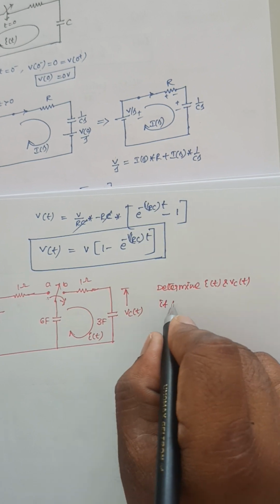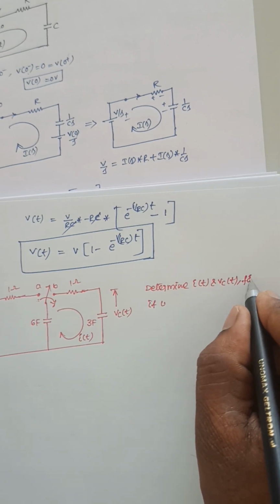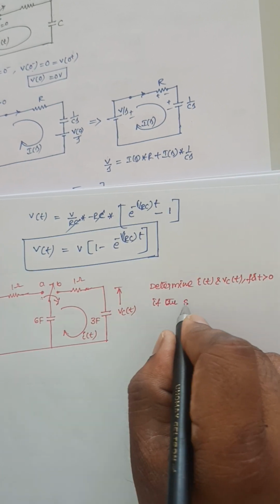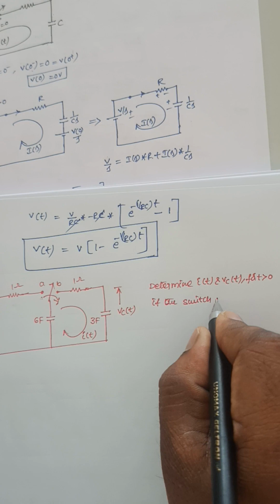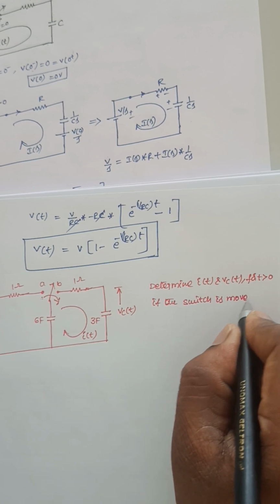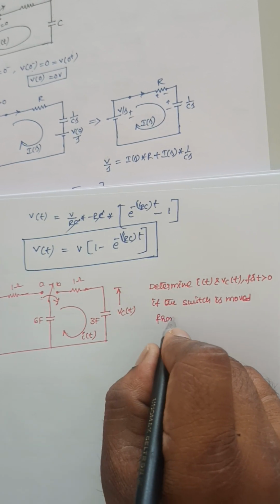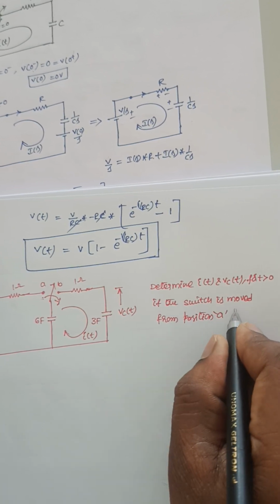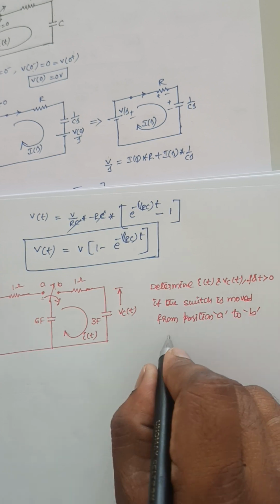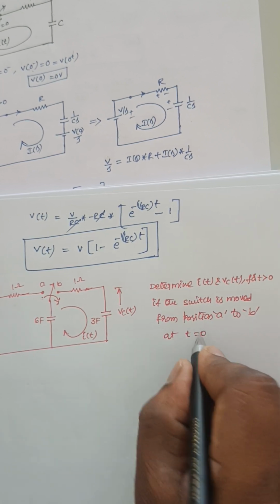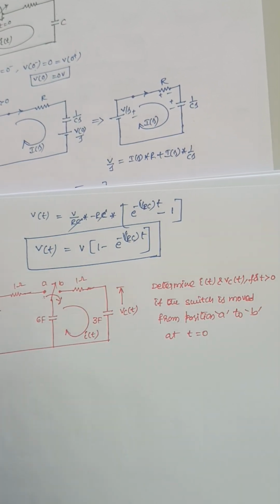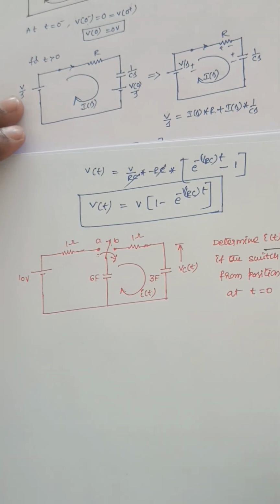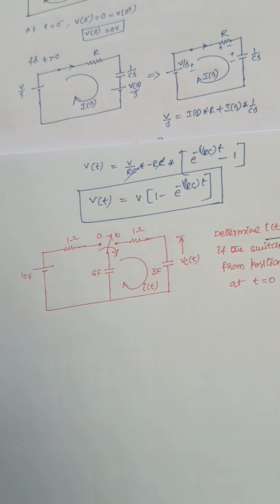for t greater than 0, if the switch is moved from position A to B at t is equal to 0. So I need to find these two things here, I of t and Vc of t for t greater than 0. So to solve this problem,